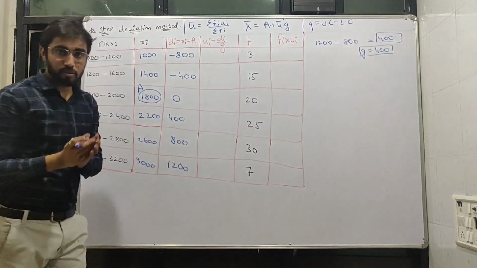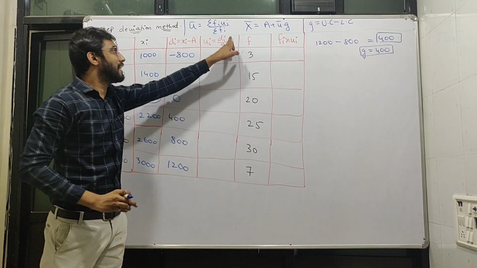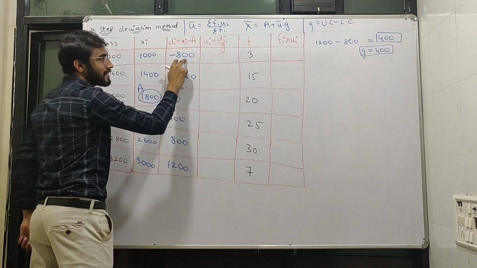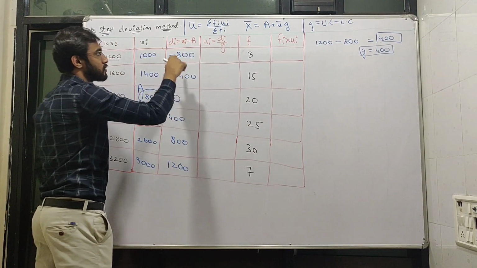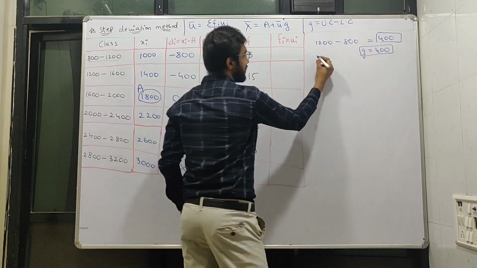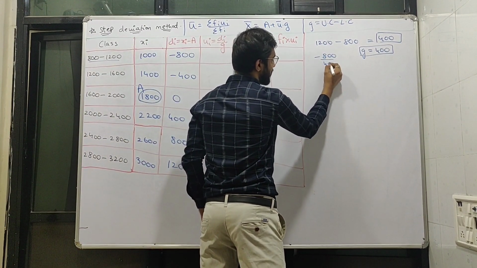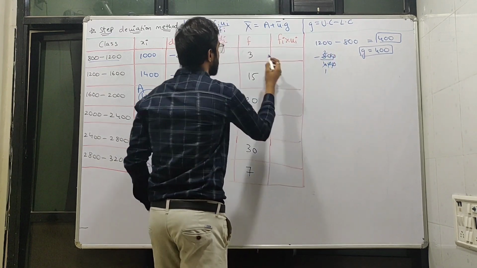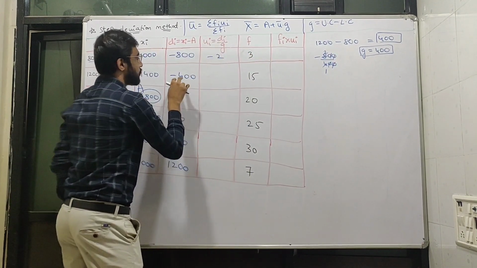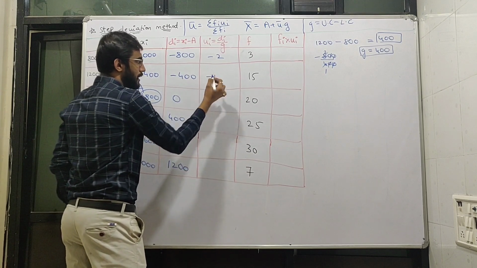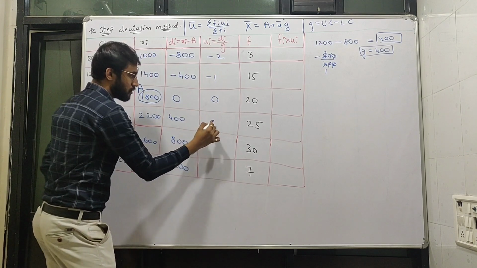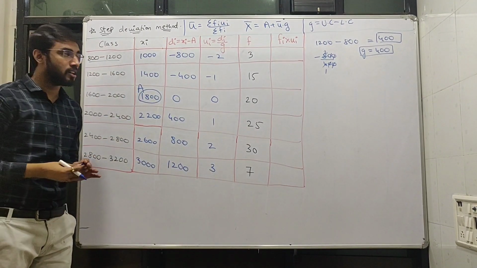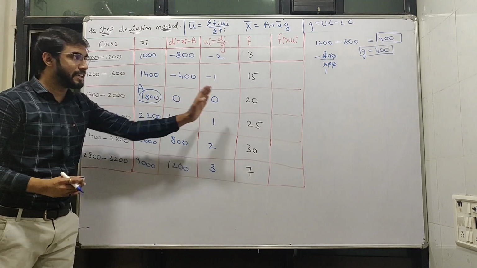So next what we have to do here is divide di and g. So what is our value for di? 800. And what is our value for g? Is 400. So 800 divided by 400. You know the division, right? 2 zeros get cancelled out, and 4 ones and 4 twos. So answer comes out to be minus 2, then 400 divided by 400, answer comes out to be minus 1, 0, so 0, 1, 2 and 3. The pattern, if you can see, will remain the same for every table.